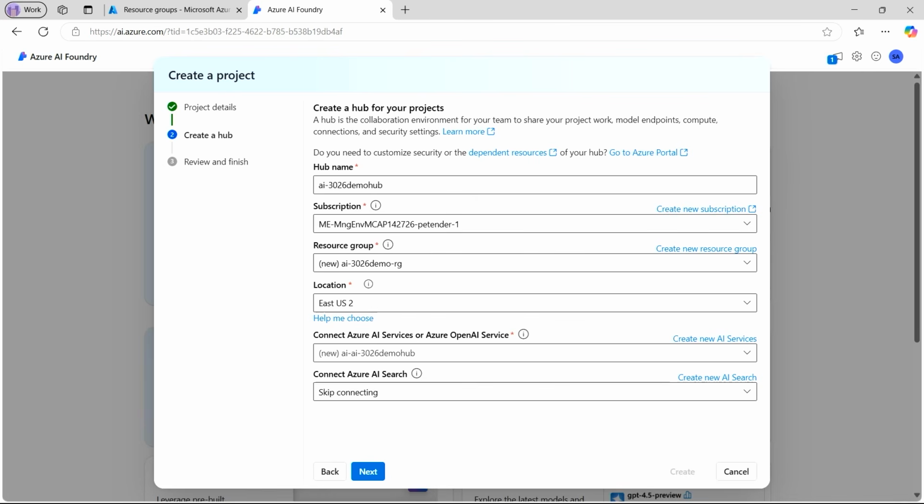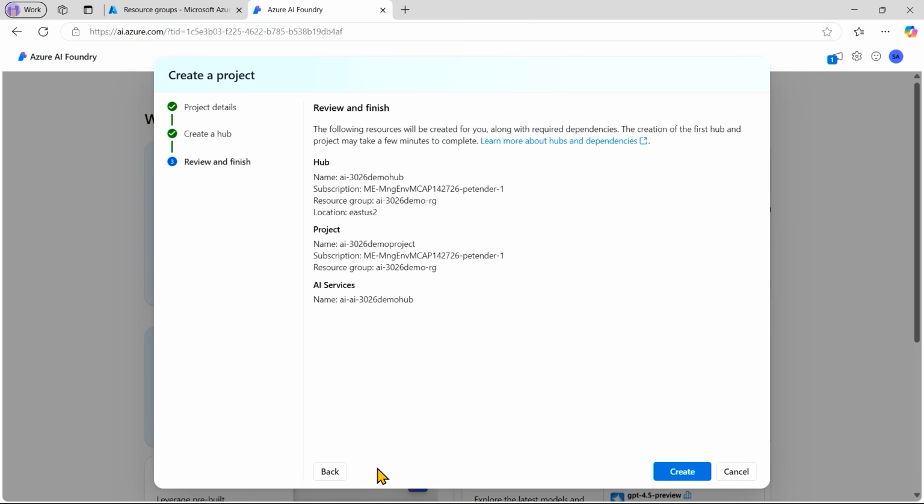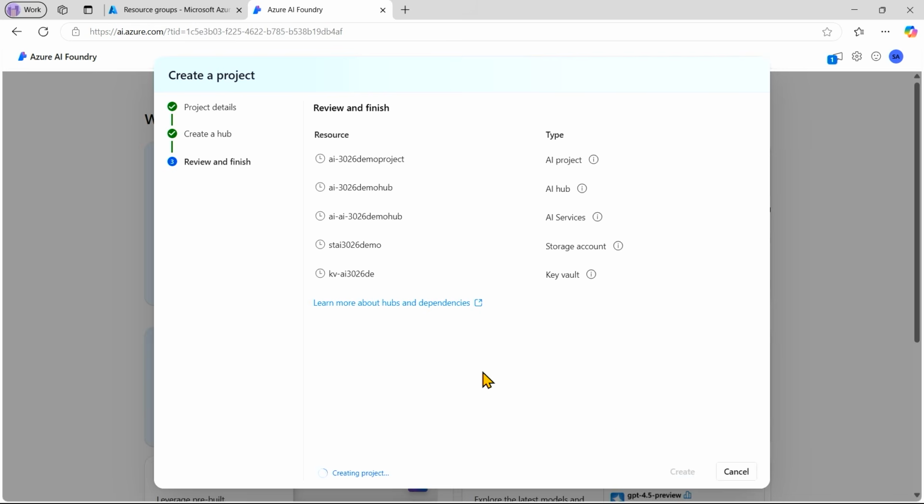So if you're following along using my demo scenario as a little exercise on your end, I would say it's pretty safe to use East US 2, Sweden Central for the EMEA region, and then also West US and West US 3. So I'm going to keep my East US 2, and I'm not creating any integration with Azure AI Search. From here, we click Next, Create, and it's just going to take a couple of minutes typically to create